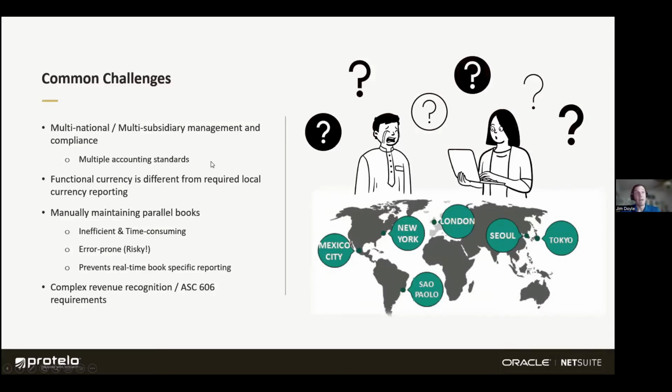Or if you're waiting till the end of the period to replicate data entry and post in any adjustments, now you've lost real-time visibility. So that's probably the most common challenge we hear from clients, though there are also situations where companies will have complex revenue recognition requirements. With the new or newish ASC 606, multi-book can really help you achieve compliance without disrupting your business, because one,